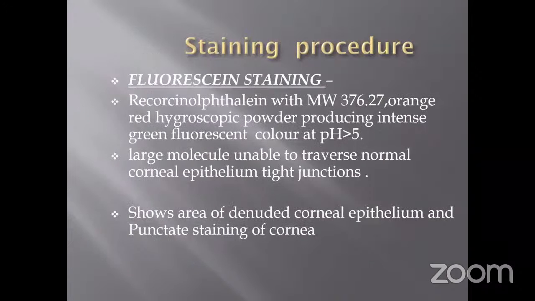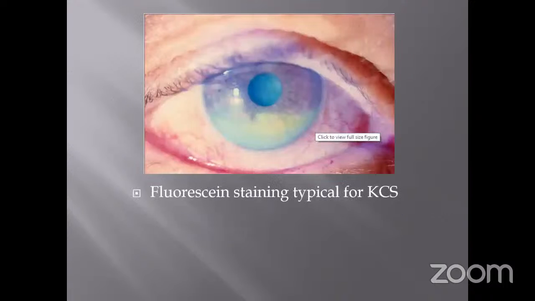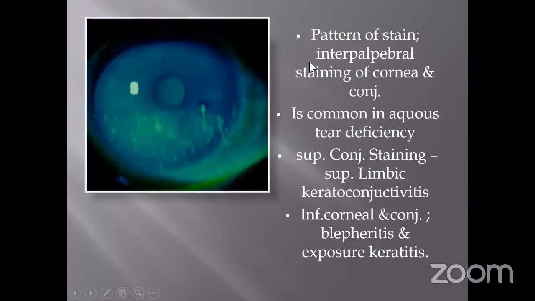This is important. Staining procedure, fluorescein staining. We use fluorescein to stain the conjunctiva and cornea. It shows areas of denuded corneal epithelium and punctate staining of the cornea. Here you can see that the inferior part is stained with fluorescein. This is typical for keratoconjunctivitis sicca. These are the patterns of stain that we commonly encounter. When there is superior limbic keratoconjunctivitis, we get superior staining of the cornea with the